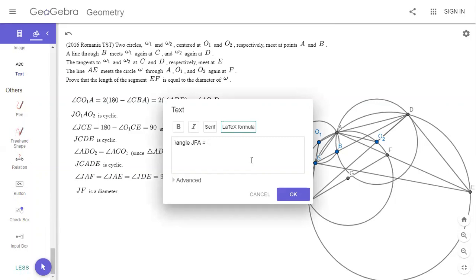JFA is equal to JO2A. And that's equal to angle CAO1. And that's equal to angle